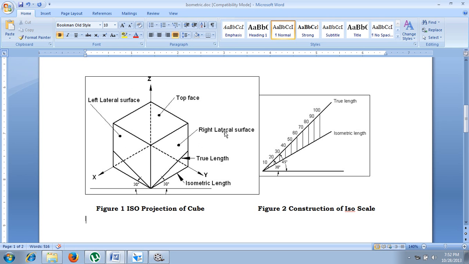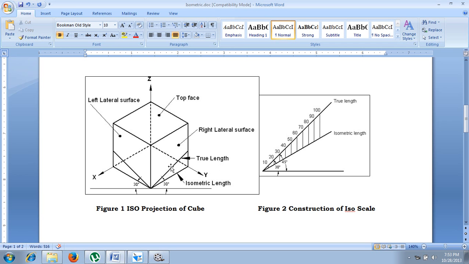This is called the right lateral surface, this is the top face, this is the left lateral surface, and here 1, 2 and 3 faces are invisible, but the length of all the edges will be equally foreshortened for a ratio of root 2 is to root 3, which is nothing but